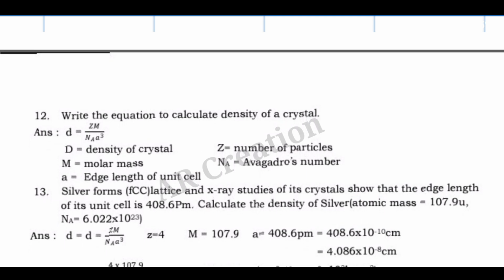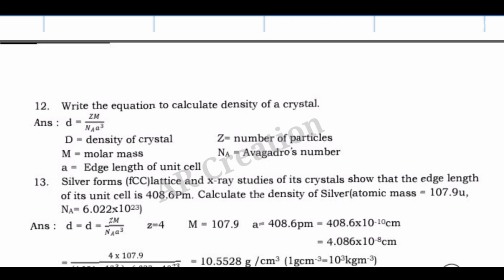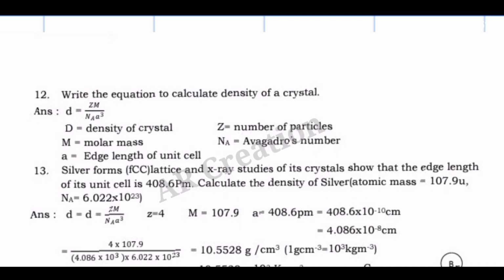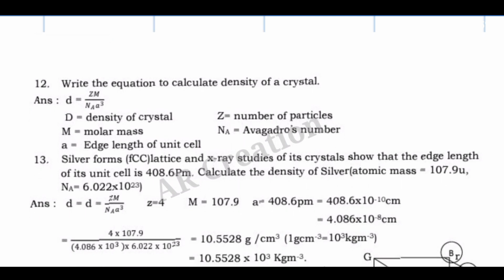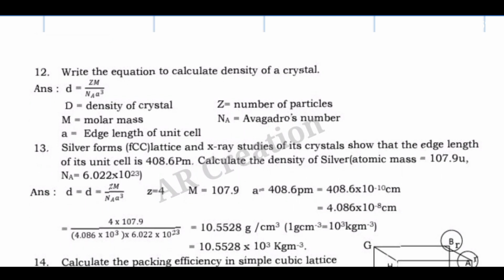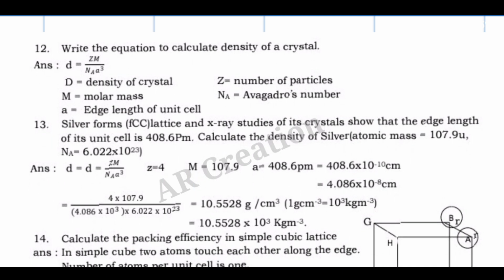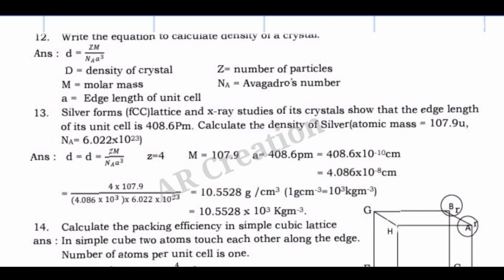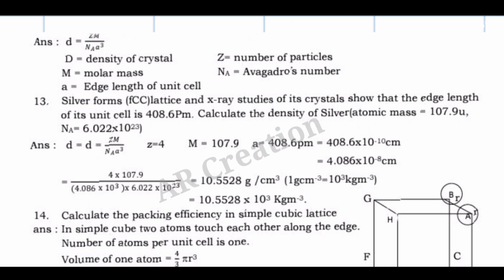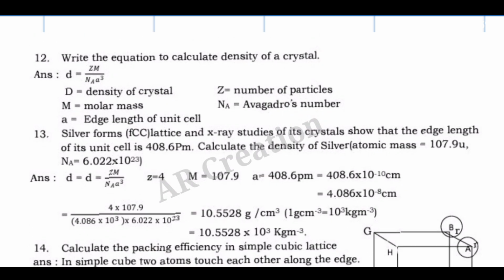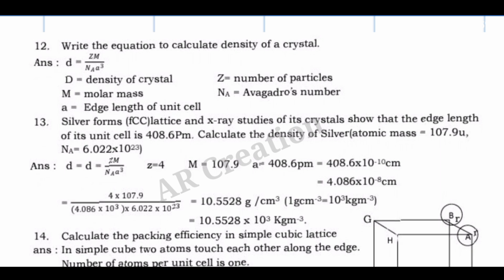Next question. Silver forms an FCC lattice, and X-ray studies of its crystals show that the edge length of its unit cell is 408.6 picometers. Calculate the density of silver. Atomic mass is 107.9 u, Na is 6.022 × 10^23. And the answer is